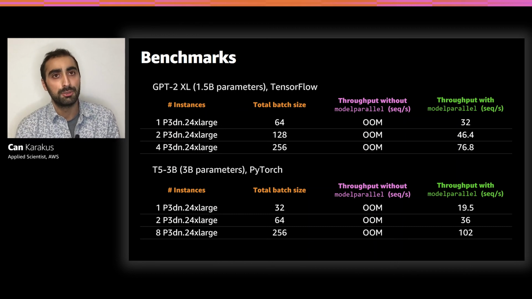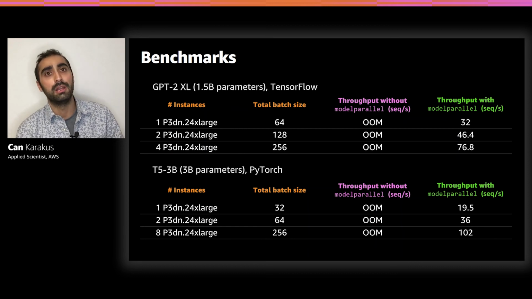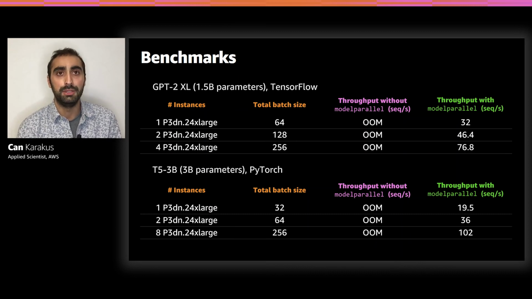Some example benchmarks that I'd like to share. The first one is from a training of GPT-2 XL, which is the largest variant with 1.5 billion parameters, on TensorFlow with a few P3DN instances. At the batch size that we're training, we run out of memory without the model parallel library. But once we integrate with the model parallel library, we can reliably train this model at the batch size